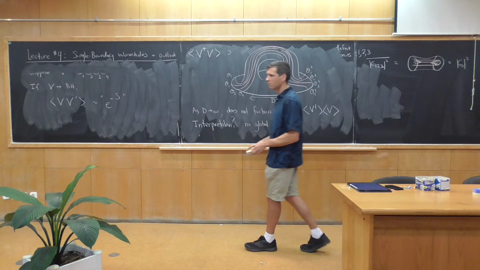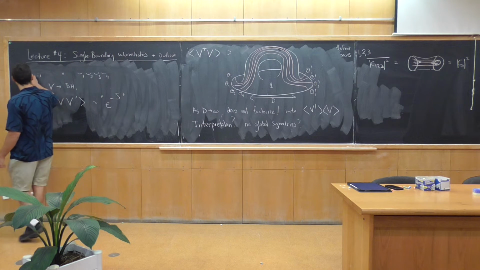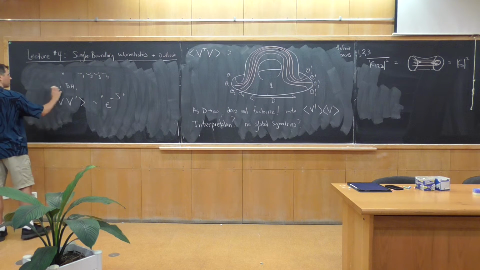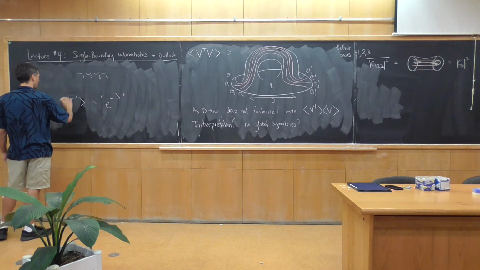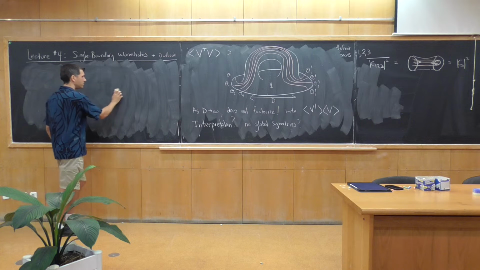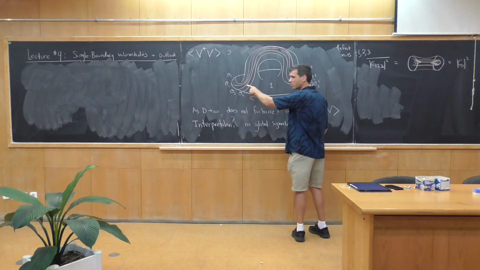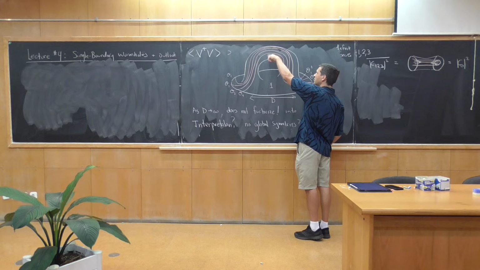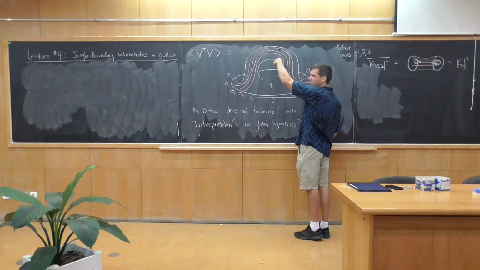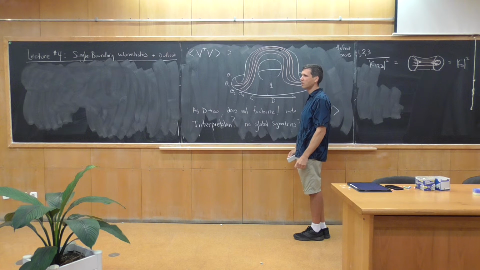Sorry, Tom. You're talking about these being charged. Are you talking about global symmetries of the CFT or global symmetries in the bulk? I was talking about global symmetries in the bulk. If we gauge the symmetry in the bulk, then this handle will get canceled by summing over fluxes, and there will be no contribution like this.